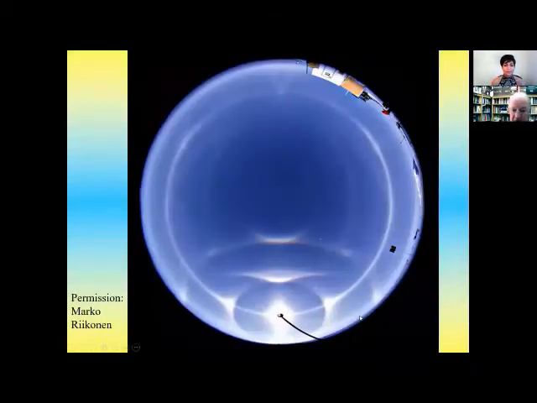I've got this is a complete fisheye view. This here is the circumzenithal arc. This is the 22-degree halo, which is the most common. These are sundogs, and there's all sorts of other things. Really, some of these are very rare halos. But there's many types of halos, and I will often see the 22-degree halo and sundogs walking to work. More commonly do I see them than rainbows living here in Virginia.